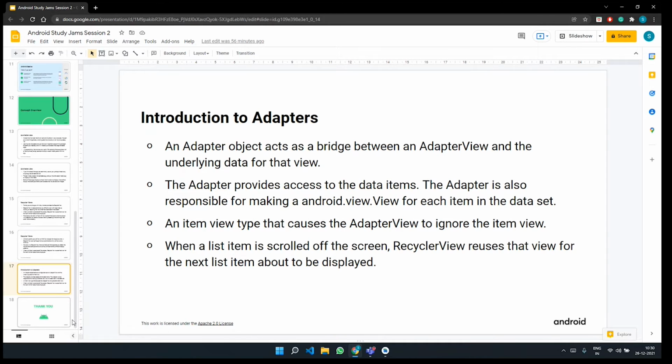You need an adapter object, and this adapter object bridges the gap to whatever the underlying data is for that view. Let us again consider the InShorts example. Suppose you have a news item, and the underlying data for this view should be the news headline and the news description.